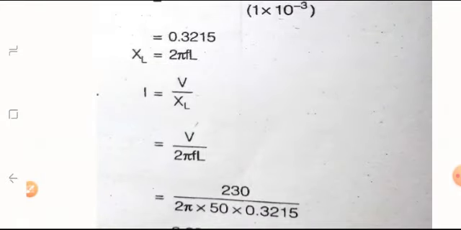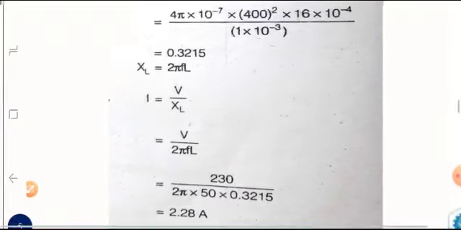Now, in order to find out the current, we need to know what is the voltage and what is the impedance. Voltage, since it is not given, we will take it as the normal supply voltage of 230 volt, or we can take it as 240 volt, doesn't matter. And the impedance is actually, since it is a pure inductor, let us assume that there is only inductance or inductive reactance, there is no resistance.